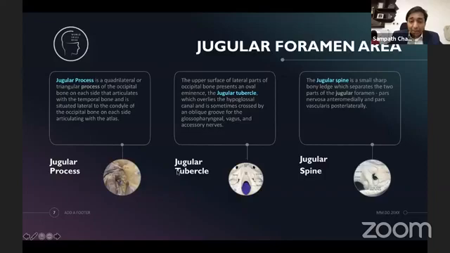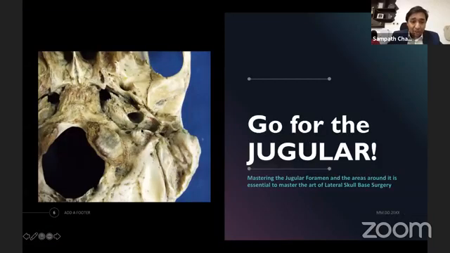Okay, so now again, what do you mean by going for the jugular, and what do you mean by discussing the jugular foramen? You need to understand that the jugular foramen area has 3 important structures before you get into this one cavity that you think is the jugular foramen. There are a lot of nuances and a lot of interesting aspects to this foramen. It's just not an entry point into a vein. There are a lot of important structures which you need to identify in your dissection specimens and later on when you operate on live patients as well.